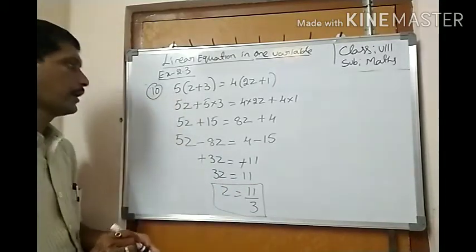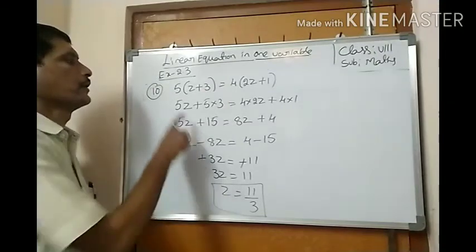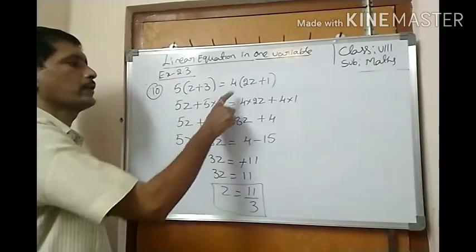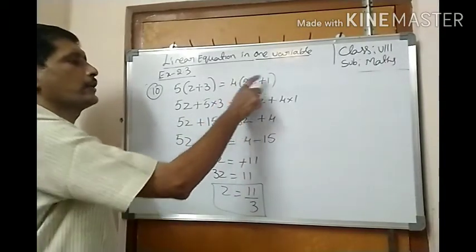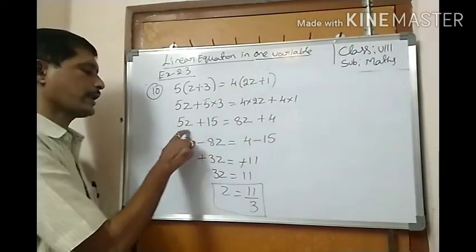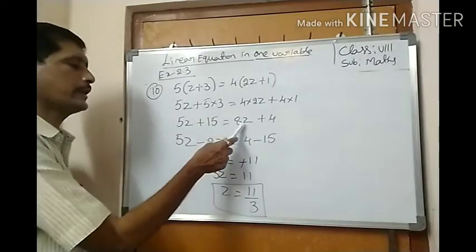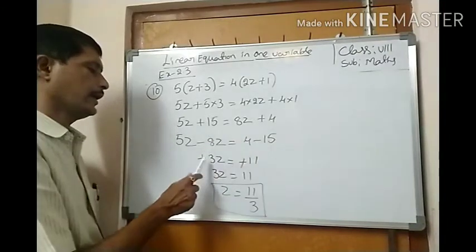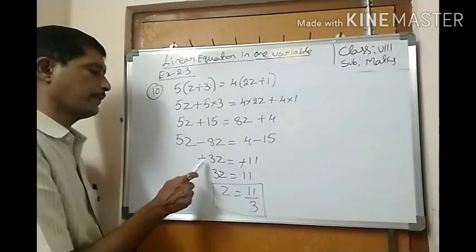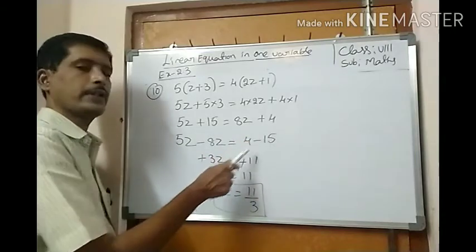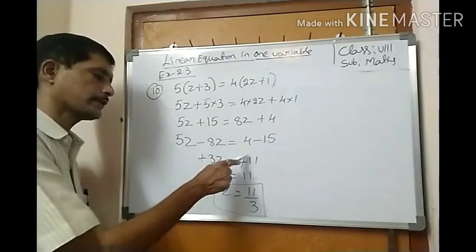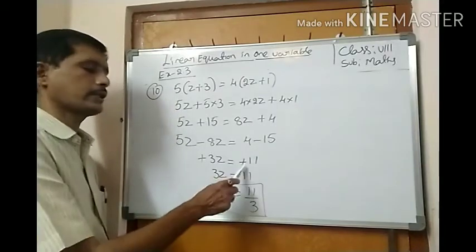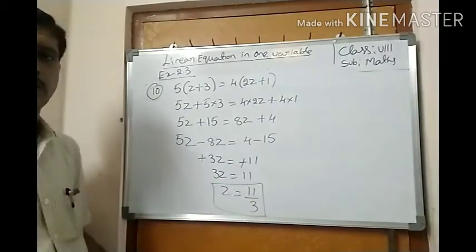Here one more time you see. Here 5 into z, that is 5z plus 5 into 3, that is 15. Here 4 into 2, that is 8z. 4 into 1, that is 4. Here variable is there, here also variable. Variables are changing to one side. This 8z is changing this side. 5z minus 8z equal to 4 minus 15. Here 5z minus 8z, that is minus 3z. Here 4 minus 15, that is minus 11. Here minus minus get cancelled. 3z equal to 11. Therefore z equal to this 3 changes, that is 11 by 3. Okay, thank you.